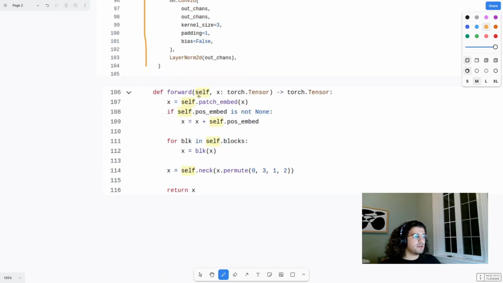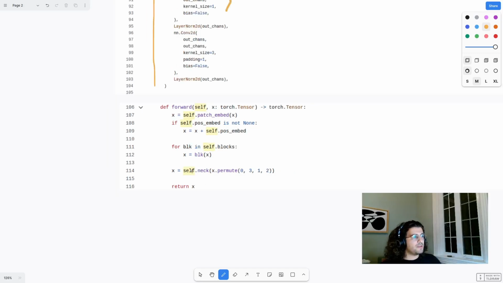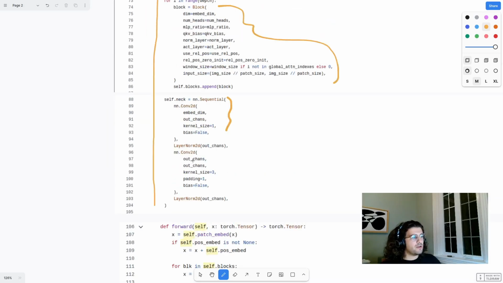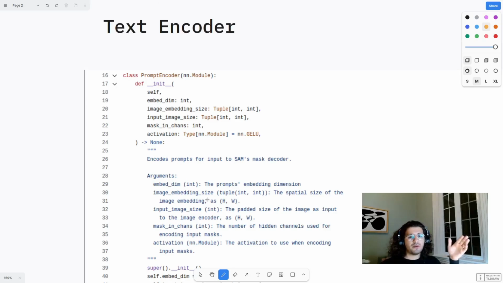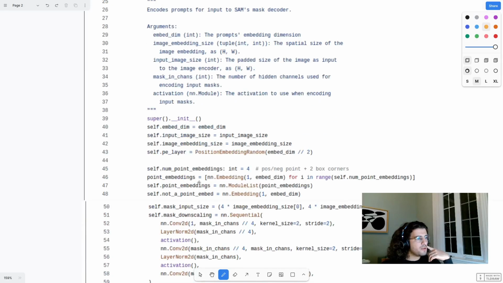So you're getting the embedding, you're adding the positional embedding back, and you iterate over the block, transform a block, and then you just get out and then do this last part with the convolution layer. So then we're going into the prompt encoder, bunch of parameters to start with, but most of the action is